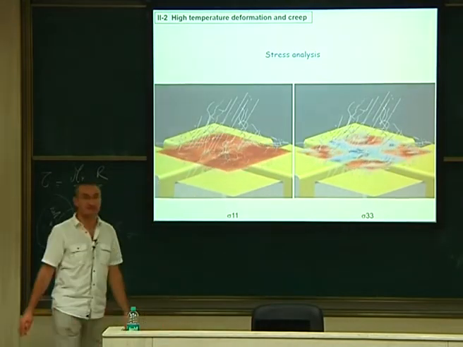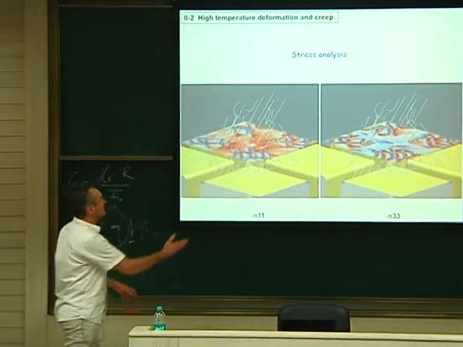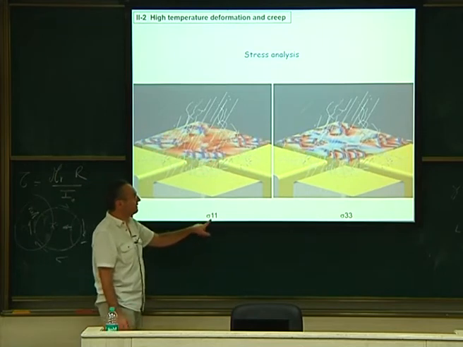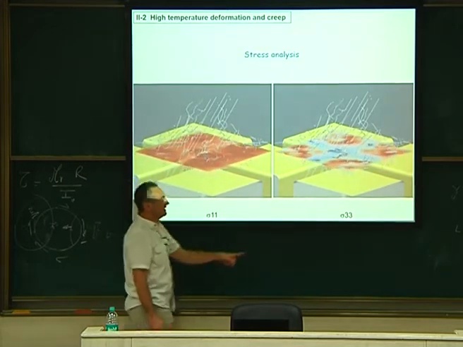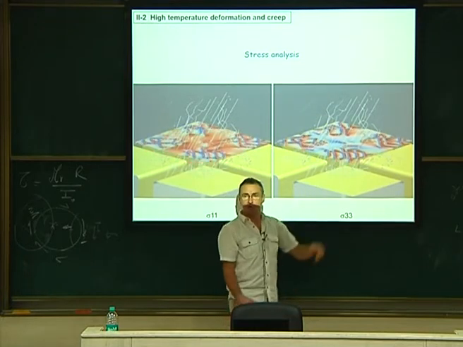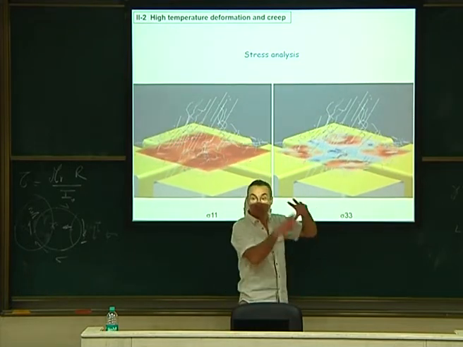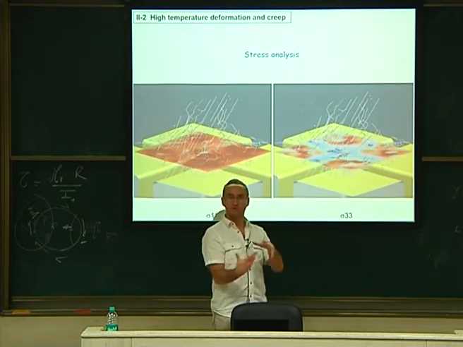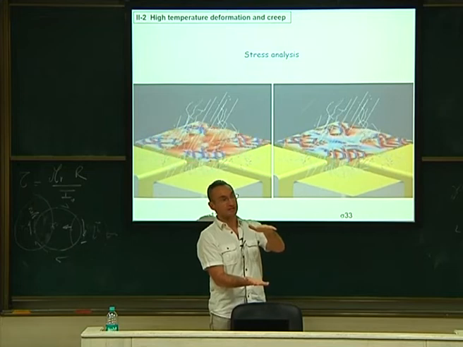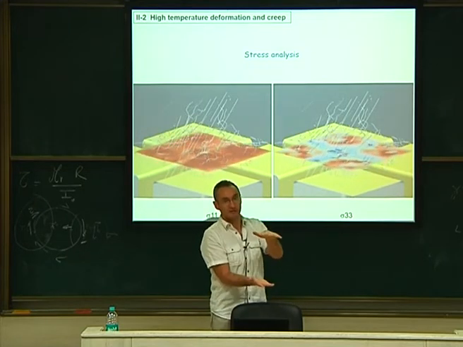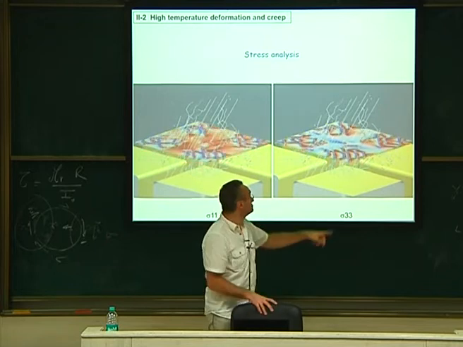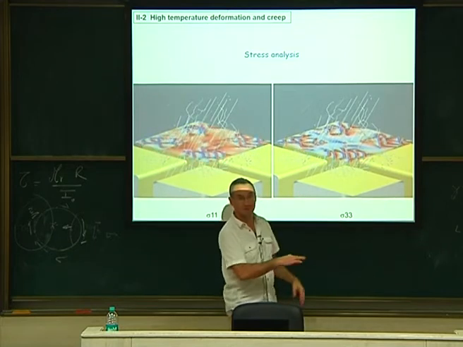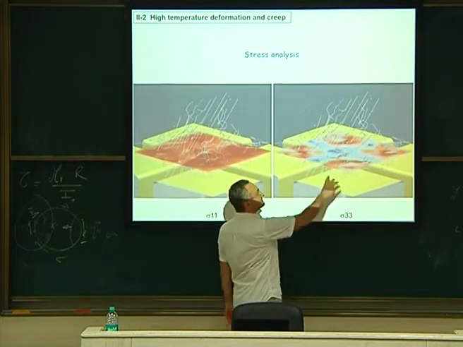If you look at the stresses inside your dislocation dynamics, here I have removed the upper part of the gamma prime to visualize what happens, and I plotted sigma 11 along the x-axis, and sigma 33 along the z-axis. Initially, we guessed sigma 33 should be negative, so that you have this contraction. This is the guess. You say, okay, maybe because of your dislocation organization, you have a sigma 33 negative that will compress your specimen in the direction opposite to the loading. But sigma 33 is not negative. It's totally zero. It's a stress field which is positive, negative. Its average is zero. So you don't have sigma 33.